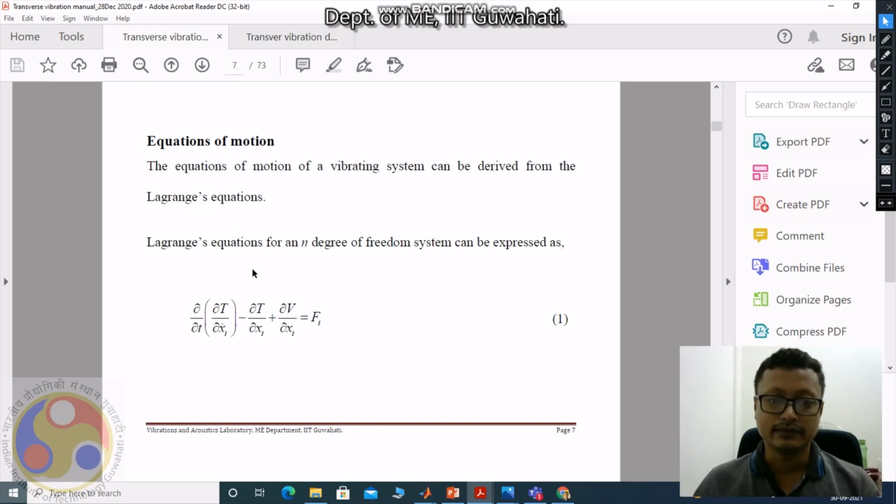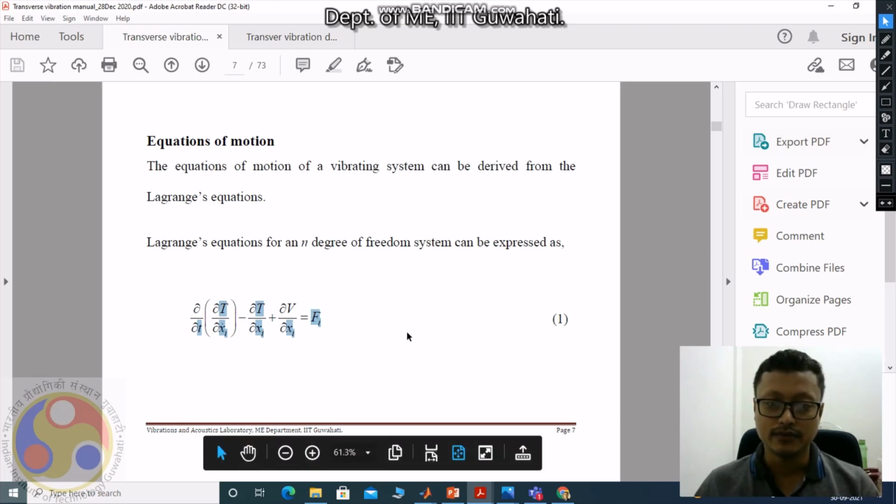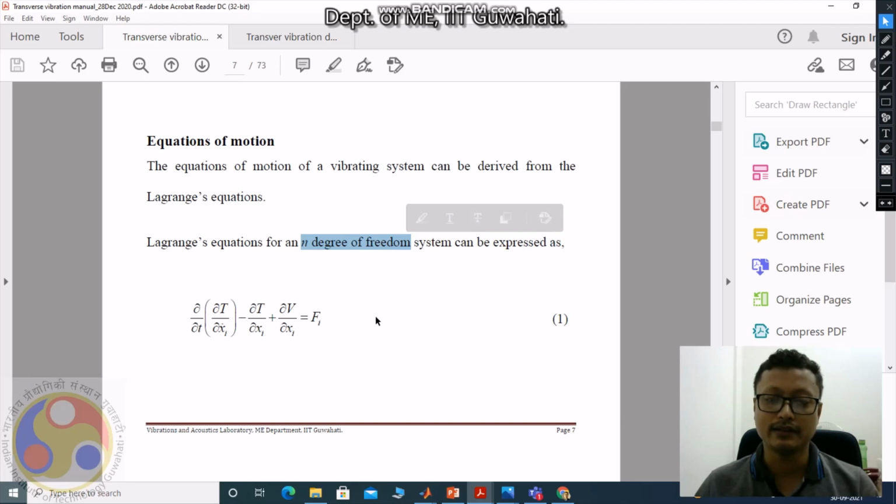For calculating, we are using the equation of motion. It's the Lagrange equation, and this is the equation of force. We can define a 2 degree or 3 degree of freedom system with it. This formula is for an n degree of freedom system. We are doing the experiment up to the second degree of freedom here, but infinite you can get. But we are going up to 3 degrees of freedom.